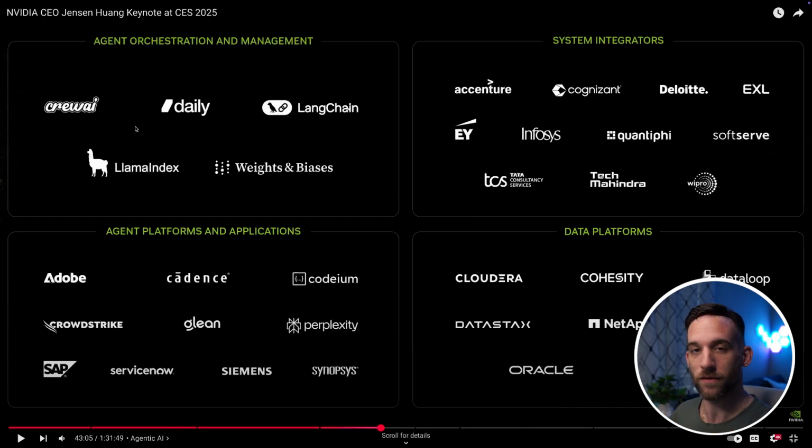But I think the fact that he's talking about agentic orchestration, and they have some frameworks that you and I know and use, I think that's amazing. This is a testament to how AI agents are really going to be impactful this year. I really think 2025 is going to be the year to understand how to use agentic frameworks. And as I mentioned before, not everything has to be an AI agent. Not everything has to use AI.